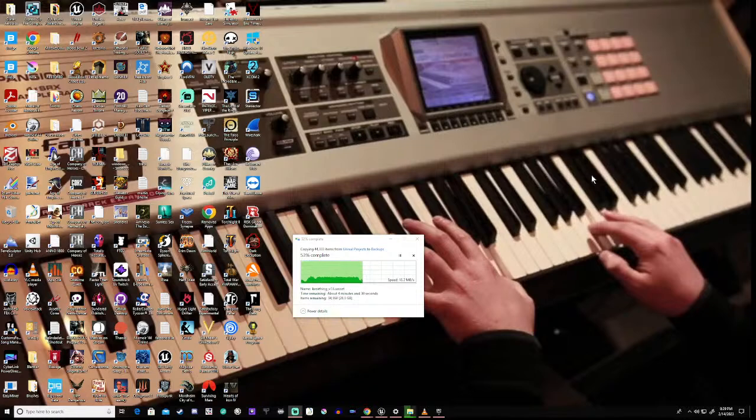Yeah, earlier on, after I got to the point we're at right now, what was happening is, if I pressed play, it just hung Unreal Engine straight away, right?